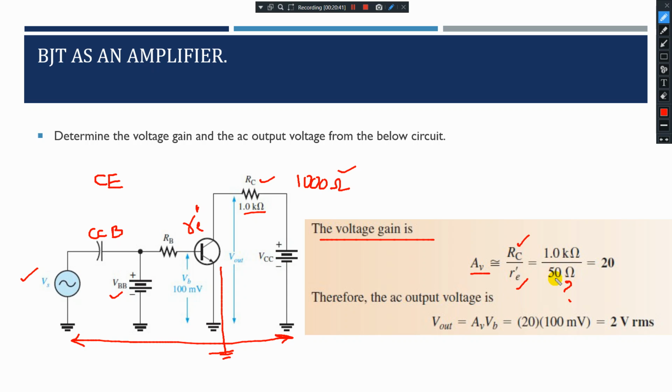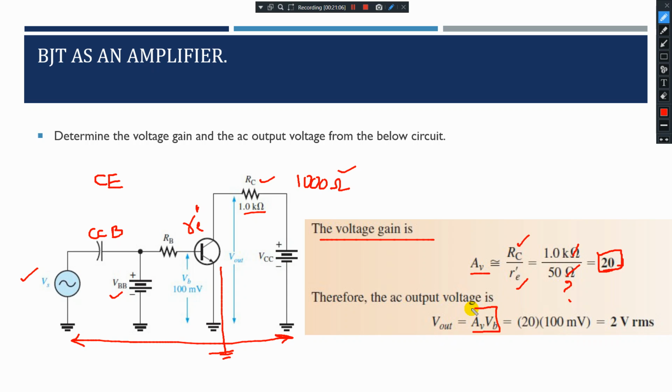So 1000 divided by 50 gives you how much? You can calculate, it will be 20. Ohms and ohms get cancelled, so it will be nothing but 20. It's a gain. Therefore, the AC output voltage V out is equal to